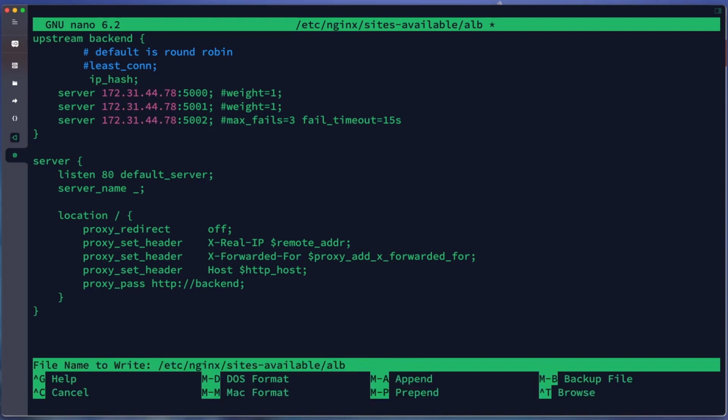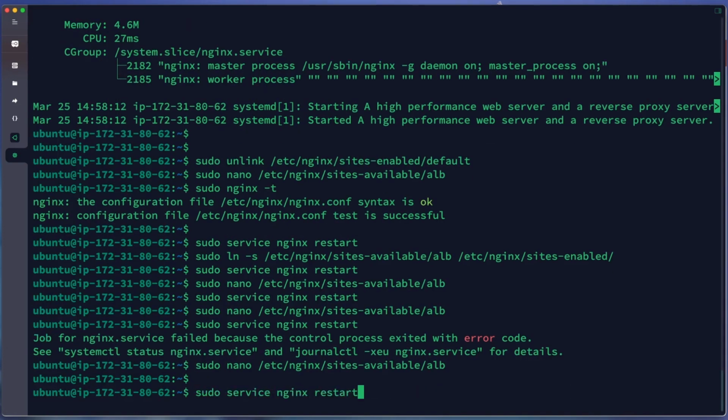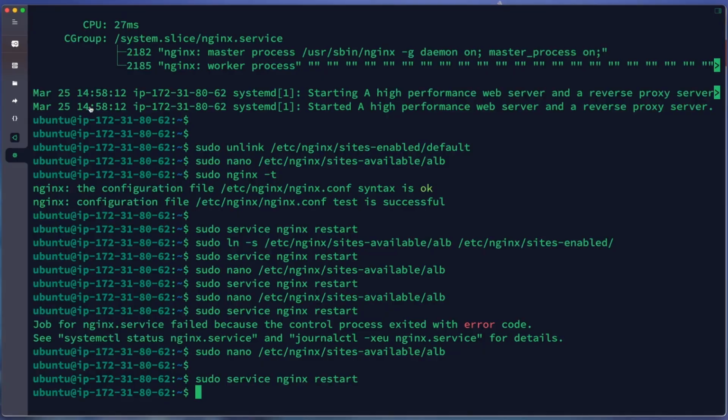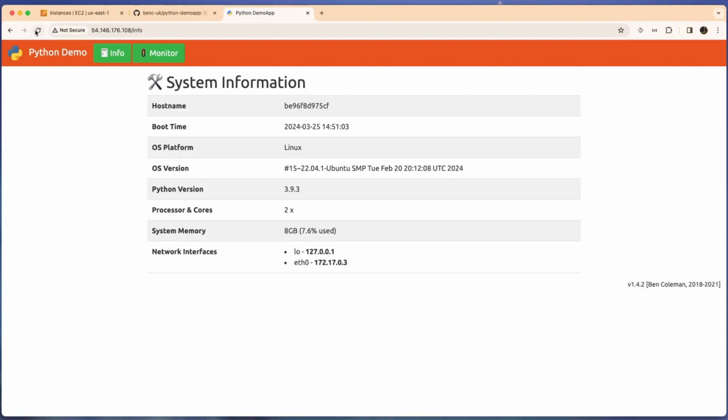Control X. Okay, restart. Now we try again. We reload. We got 3FE. We can reload again. We will get the same server as before because we use IP hash as the algorithm that Nginx will use as a load balancer.